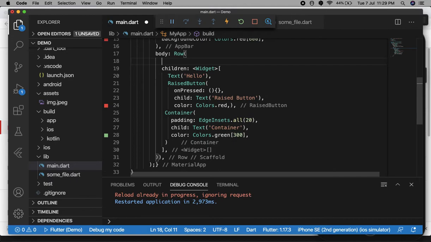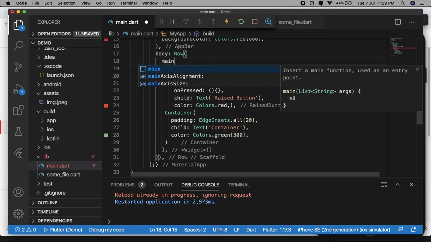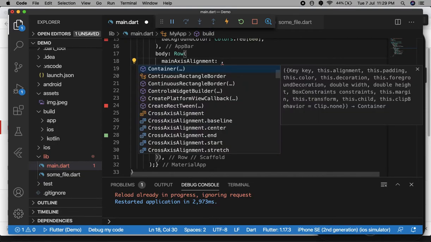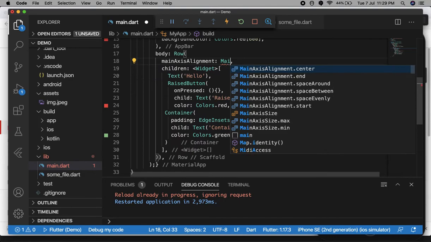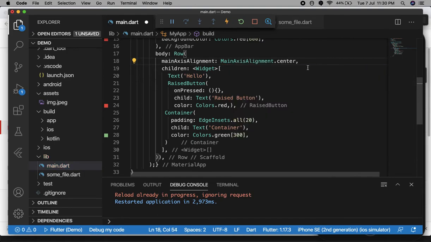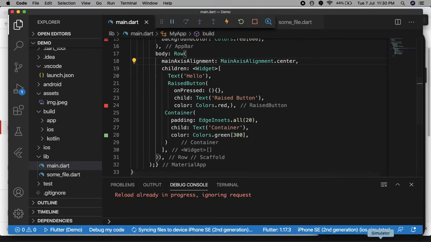One is mainAxisAlignment. First, I'm adding a main axis. There is a class MainAxisAlignment, and it has different properties like center and spaceAround. So if I add center and run it again, then you will see